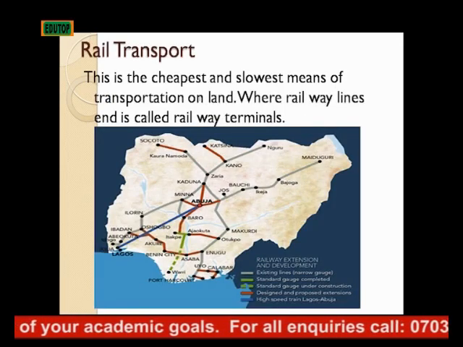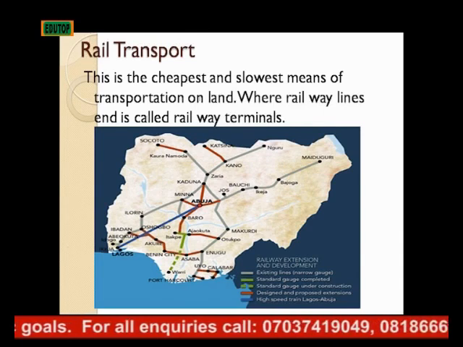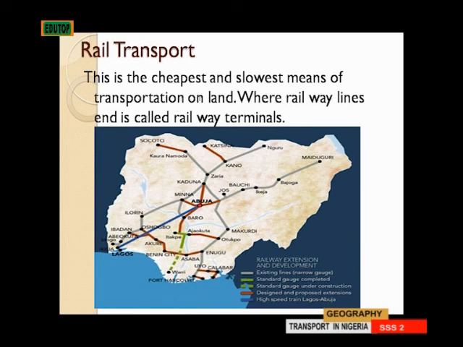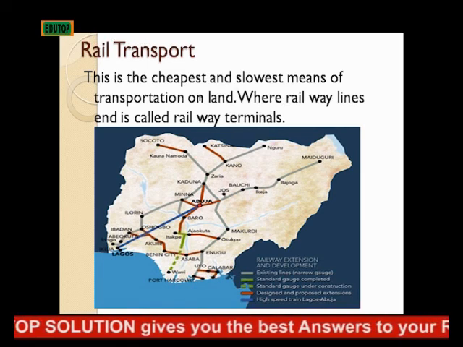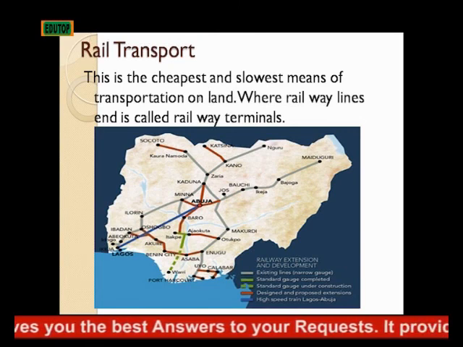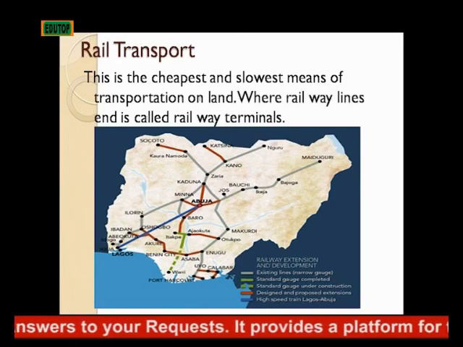Now, let's look at rail transport. Rail transport is about the cheapest and slowest means of transportation on land. The railway lines, or where a railway line ends, are usually called railway terminals. This map shows the map of Nigeria with the various railway lines we have, which are connecting one state to another, one town to another with